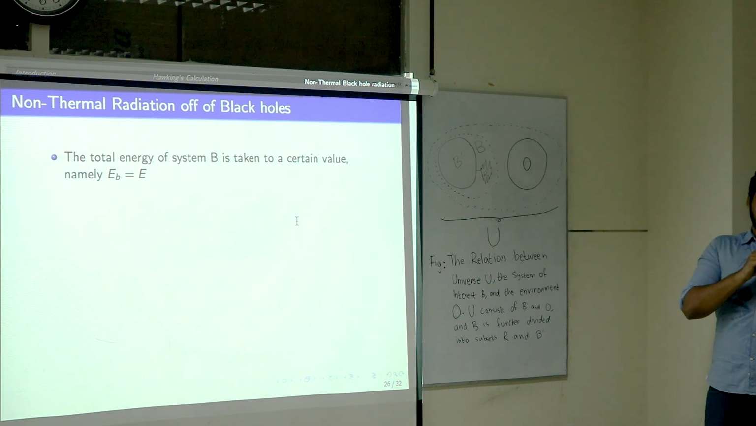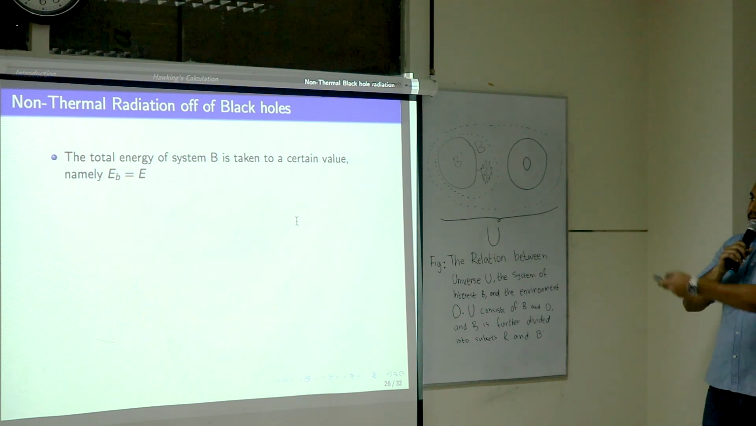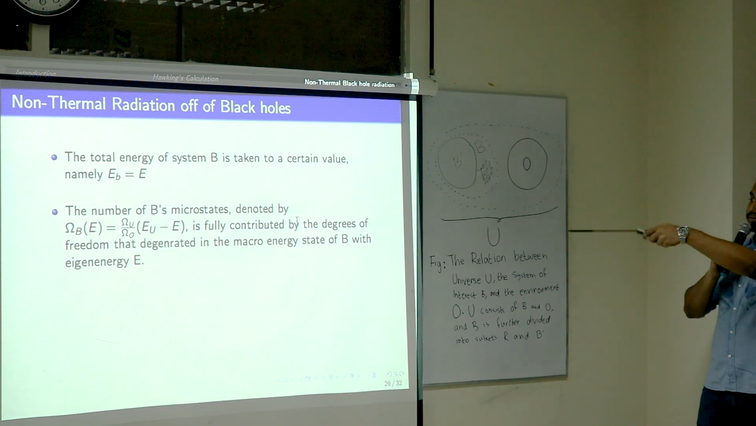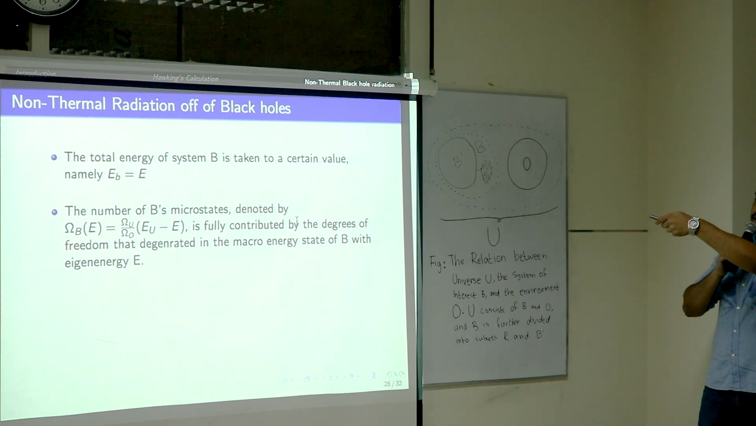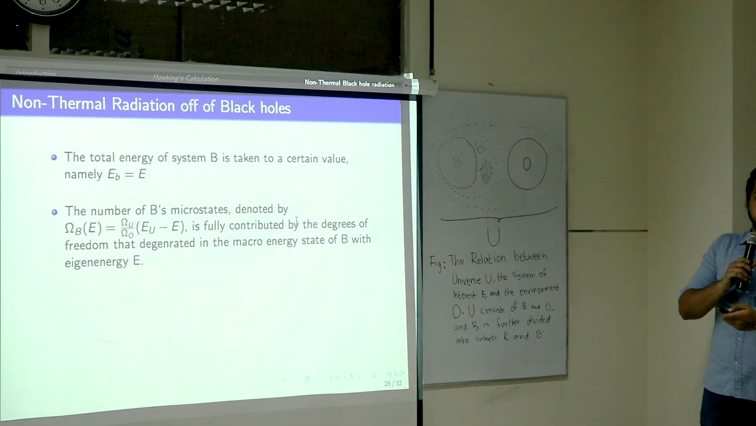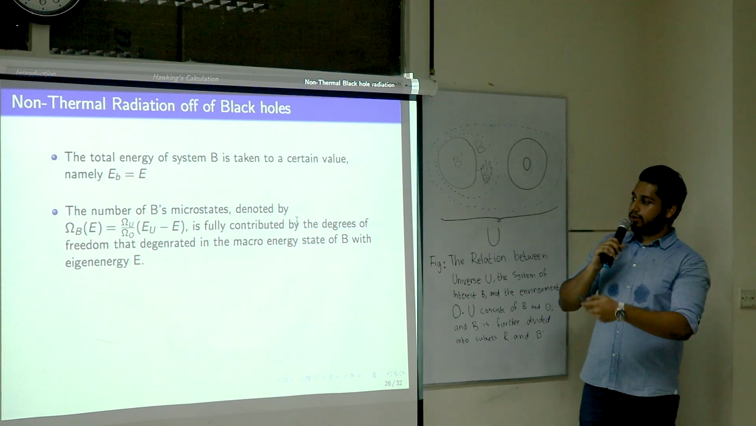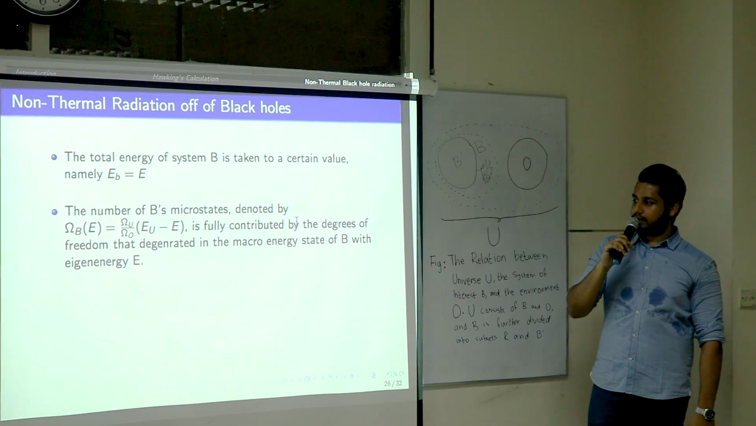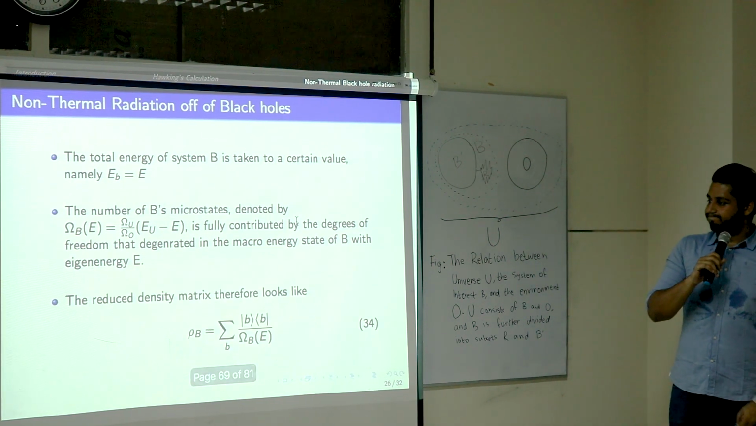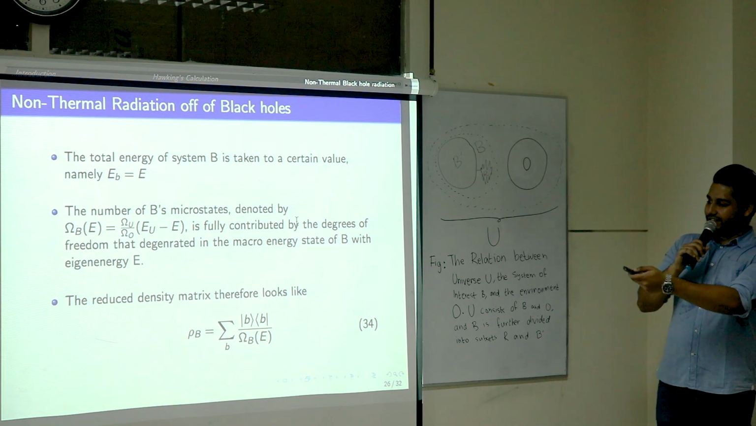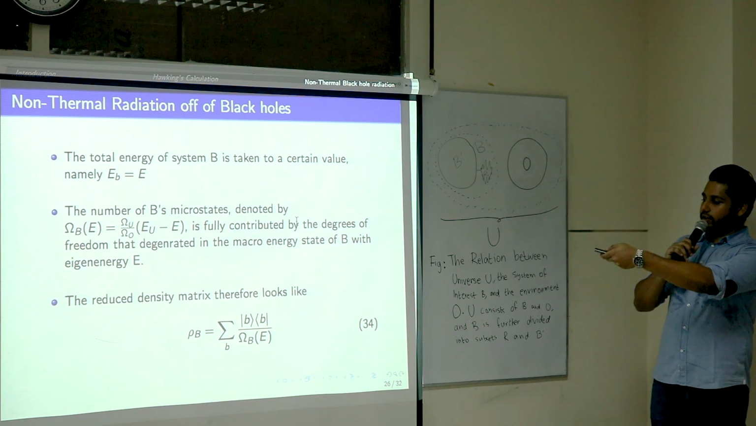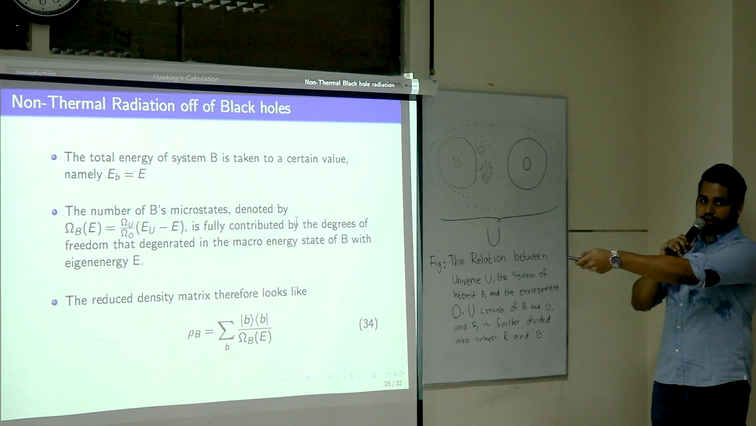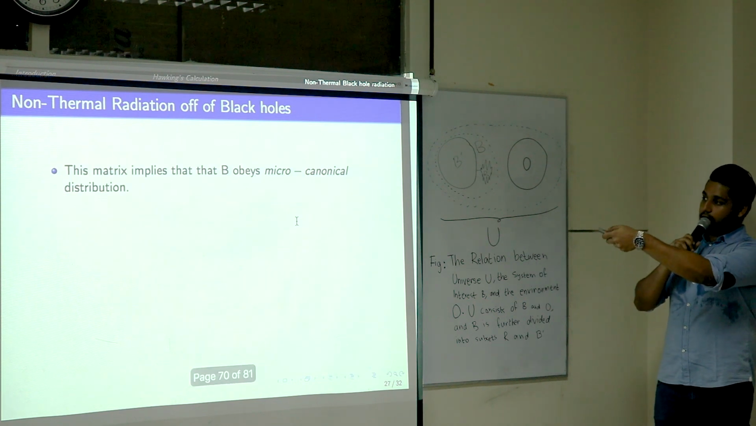We take the energy of the black hole to be an arbitrary value E, and the number of microstates of the black hole is defined that way: gamma U by gamma O, E_U minus E, which is fully contributed by degrees of freedom that are degenerate in the macro energy state of B with eigenvalue E. And thus the reduced density matrix finally looks like this, wherein it is dependent on the number of microstates of the black hole. As you can see, this is a microcanonical